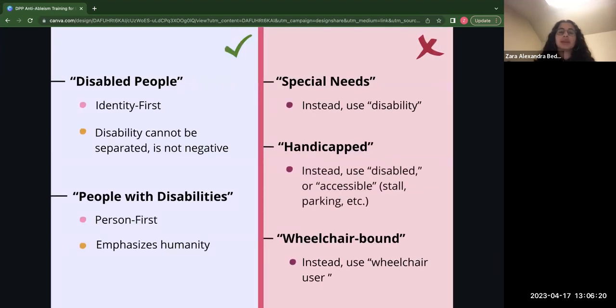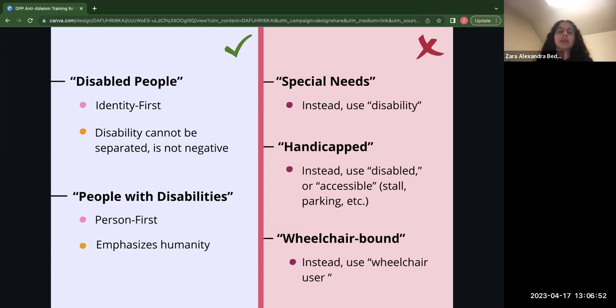Another important thing to keep in mind is the language you and those around you are using to discuss disability. On this slide, we have a list of terms separated into 2 columns. On the left are terms that are generally accepted, and on the right are terms that are more offensive or harmful or outdated. On the left are the terms disabled people, which is known as identity first or proud language, and people with disabilities, which is known as person first language. These are both good phrases to use when referring to those in the disability community. Depending on the audience or individual, one might be preferred over the other.